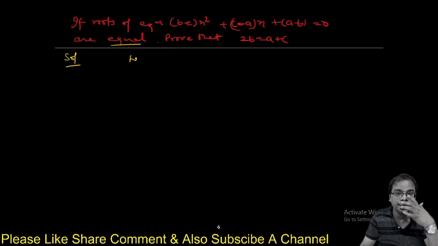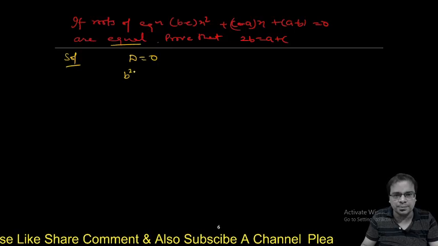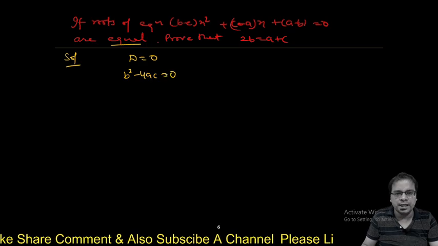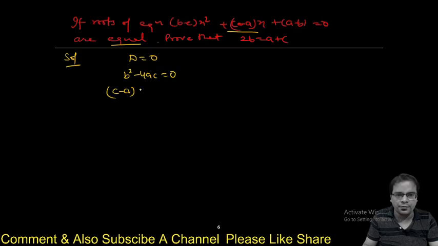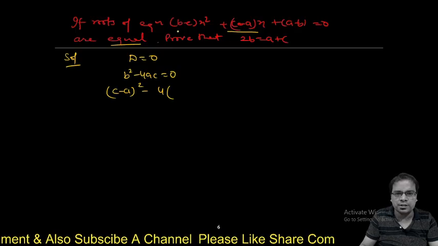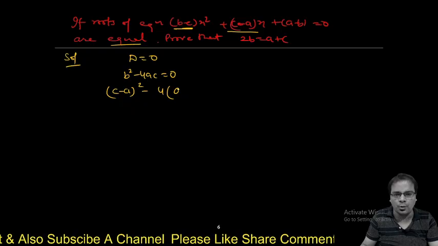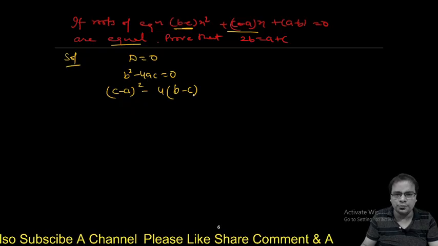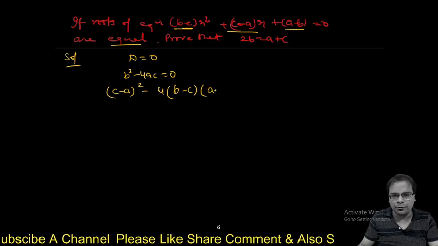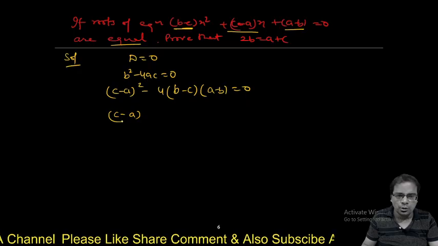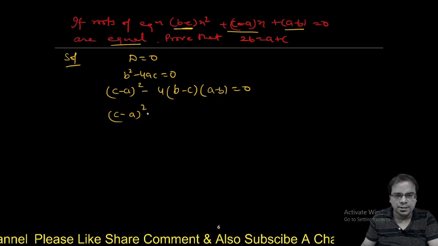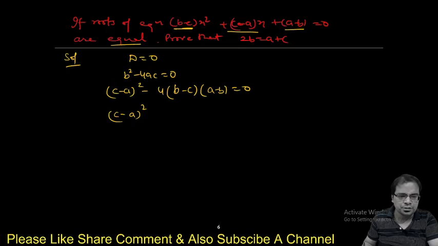equal means D is equal to 0, that is b square minus 4ac equal to 0. What is b? The coefficient of x. We have to write (c minus a) whole square minus 4. What is the value of a? The coefficient of x square, that is b minus c, and c is a minus b, equal to 0. So (c minus a) whole square,